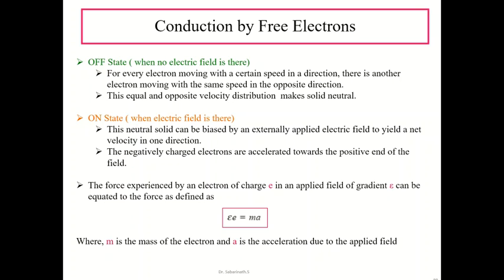In the on state, this neutral solid can be biased by applying an external electric field to yield a net velocity in one direction. The negatively charged electrons are accelerated towards the positive end of the field, and with this biasing, the solid